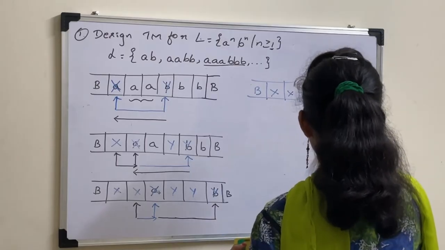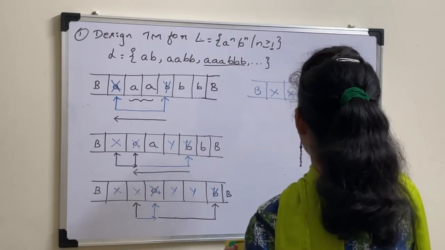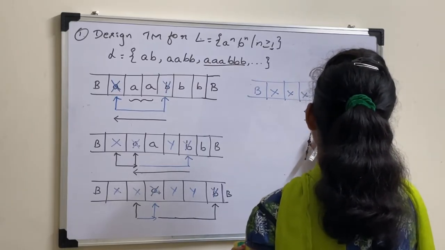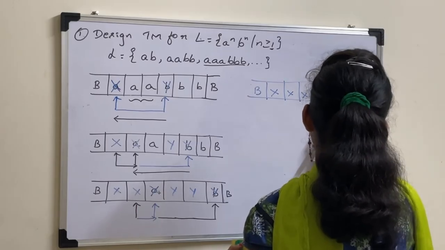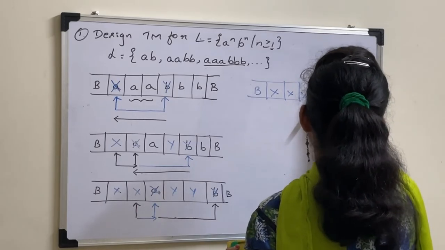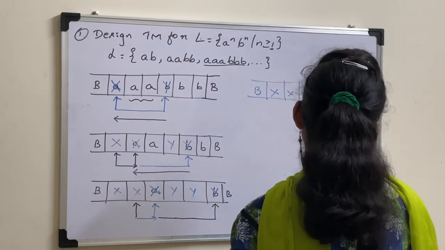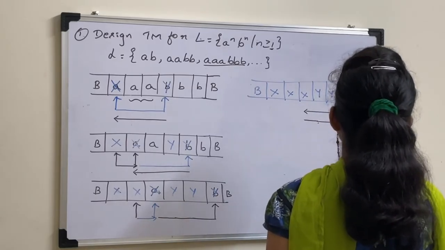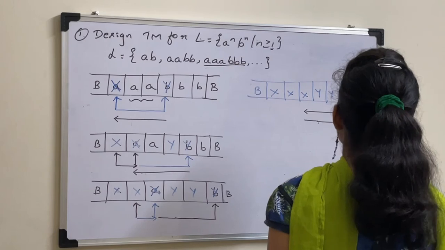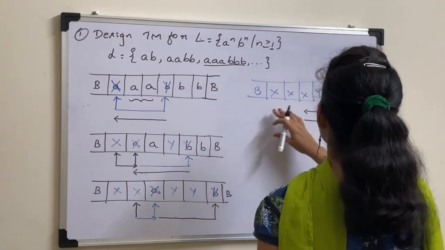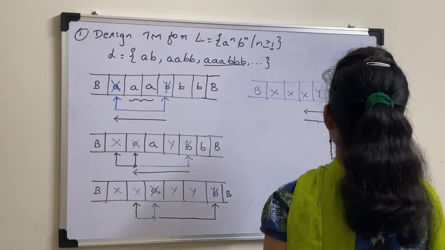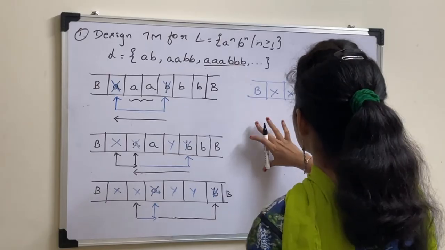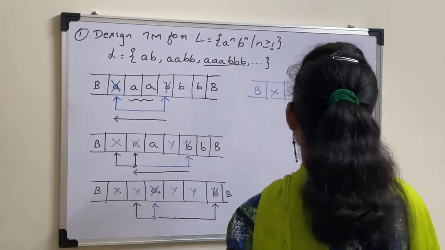First we are at this place, Y. This B is marked with Y. Then move till this last X. From this last X, you need to move one position towards the right side to check whether there are any other A's left in the tape or not. If we have input symbol Y, then you can move one position towards the right until you get the blank space. This blank space indicates that the input is completely processed and we reached the end of the tape. So this is the procedure, or the logic, for solving this A^n B^n concept.